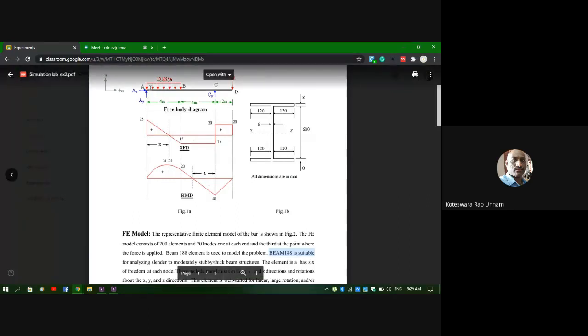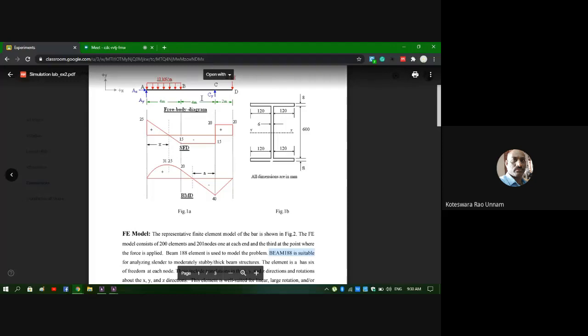Now if you look at this, this is a UDL and this is a point load. The software has a provision for applying a UDL as well as a point load. Of course, sometimes you may have a bending moment also; the moment will be applied at some other points. In this problem, it is not there, but if you want a moment, you can apply a moment also. And not only UDL, you can apply UVL also, something like a trapezoidal load or triangular load. That is a uniformly varying load. The software can provide you with that option also. But here we have only a UDL and point loads.